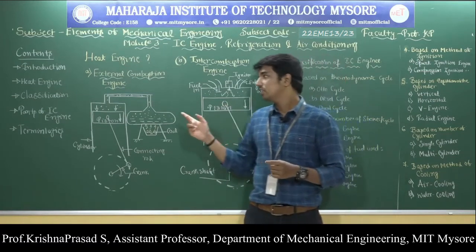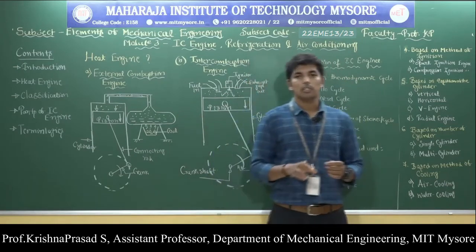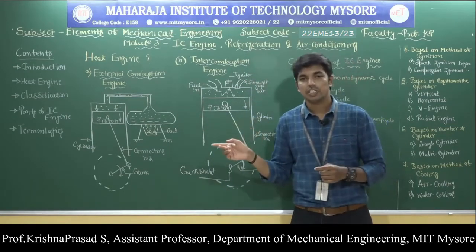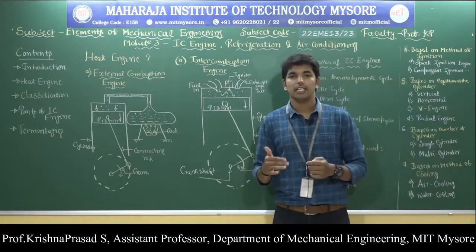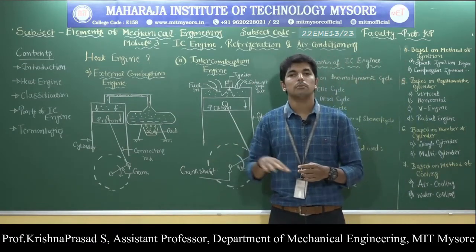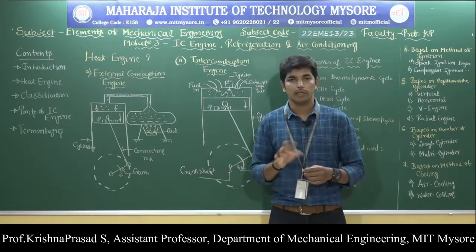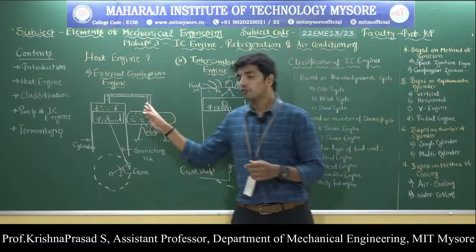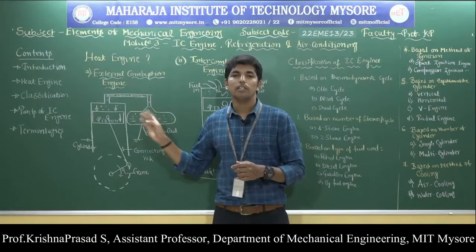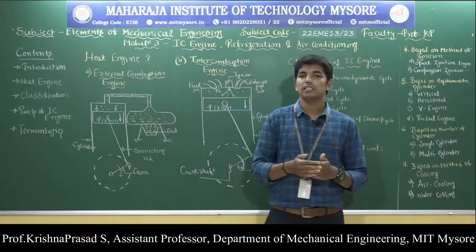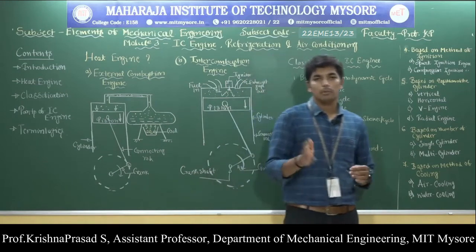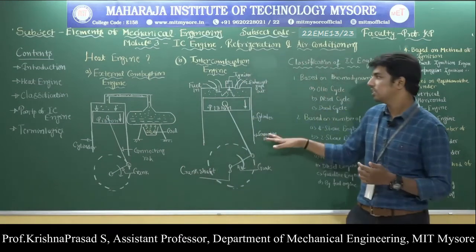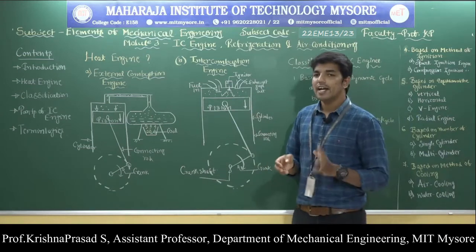So, the heat engine is further divided into two types. The one is called the external combustion engine, the other one is called the internal combustion engine. On what basis the heat engines are divided into external combustion engine and internal combustion engine is very important. Very simple: if the combustion of the fuel takes place outside the engine cylinder, then it is called the external combustion engine. Similarly, if the combustion of the fuel takes place inside the engine cylinder, then it is called the internal